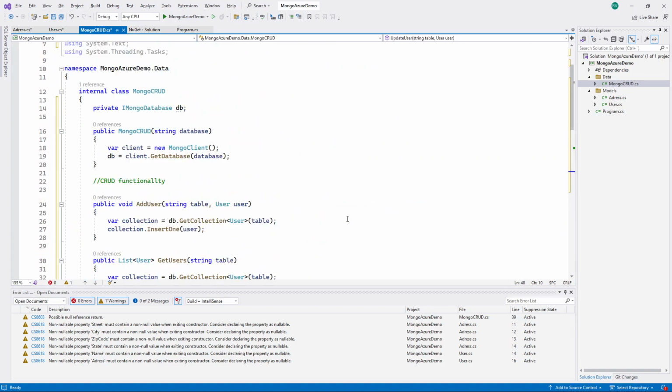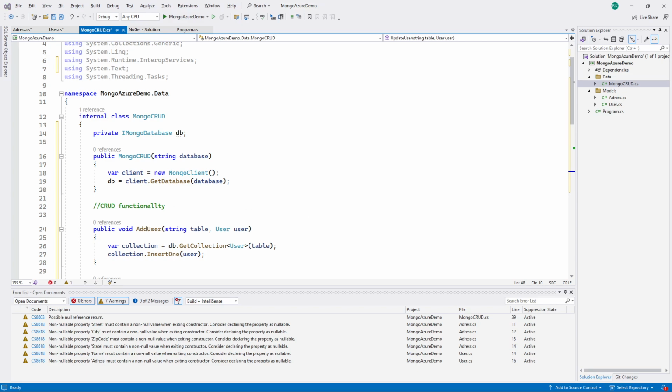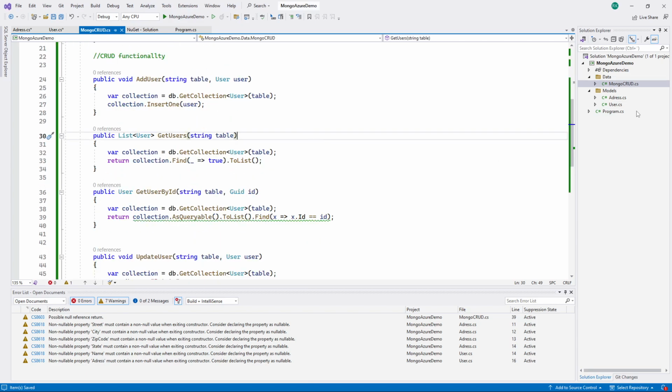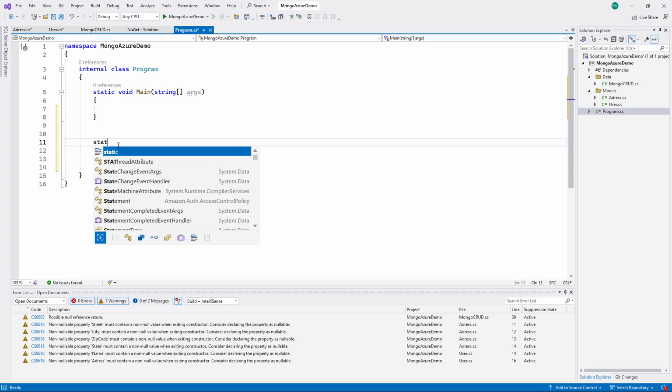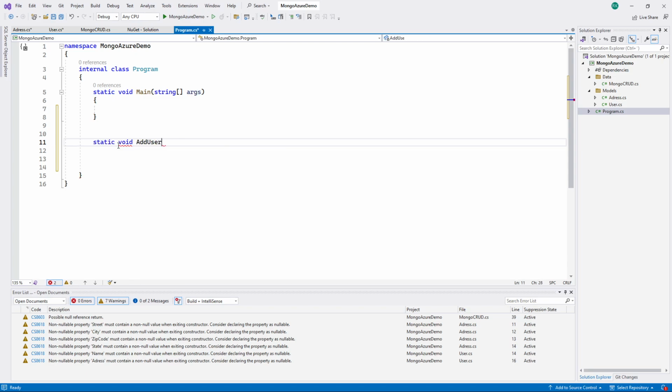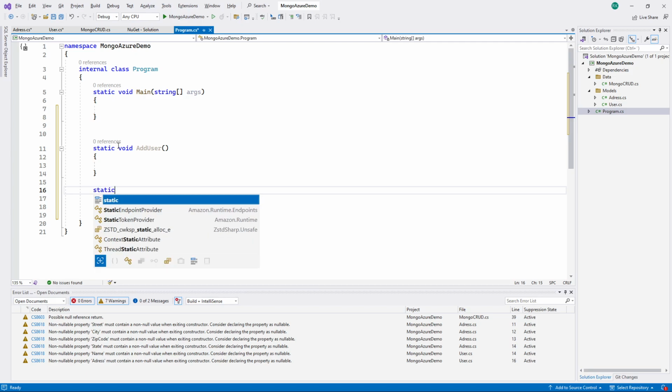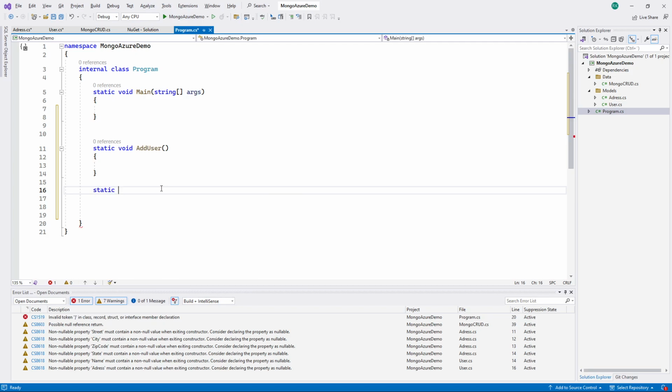So now I have this code, and I think this code should work. Let's go try it out real fast. So I'm going to save this, go to my program.cs. I'm going to remove this hello world, and let's actually down here create some methods that call this data, right? So let's call static void add user. So this one we'll call the add user method, right? And then we'll do static void